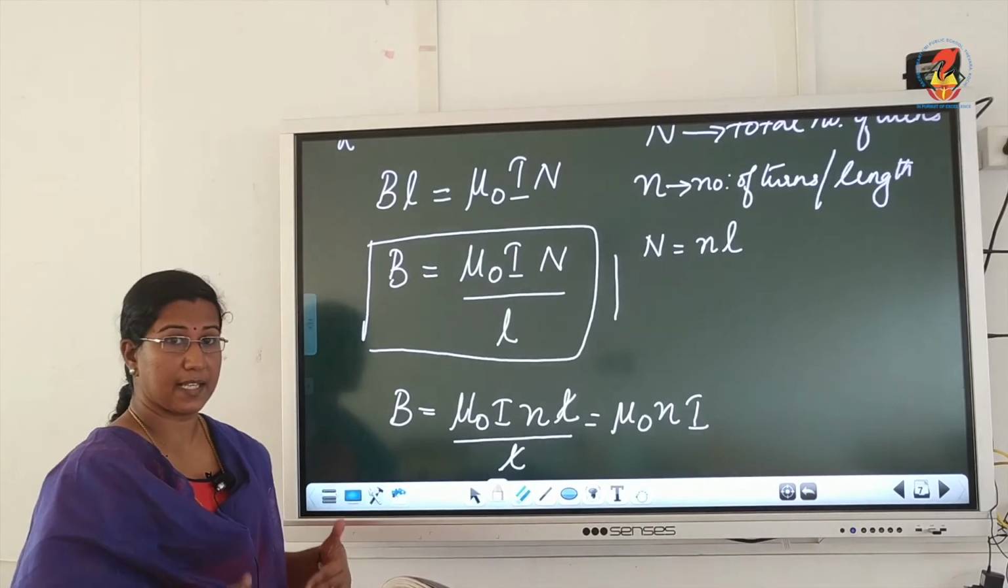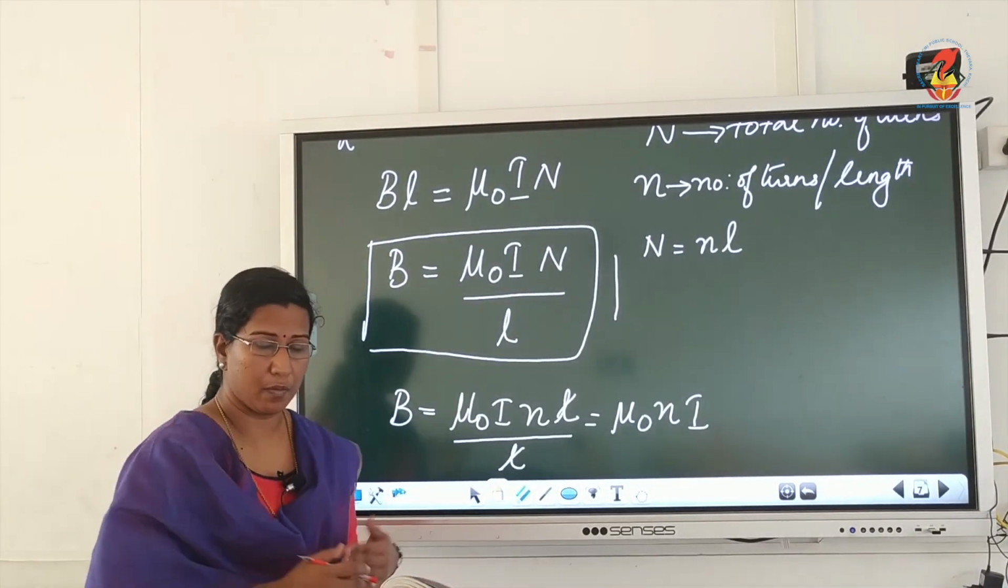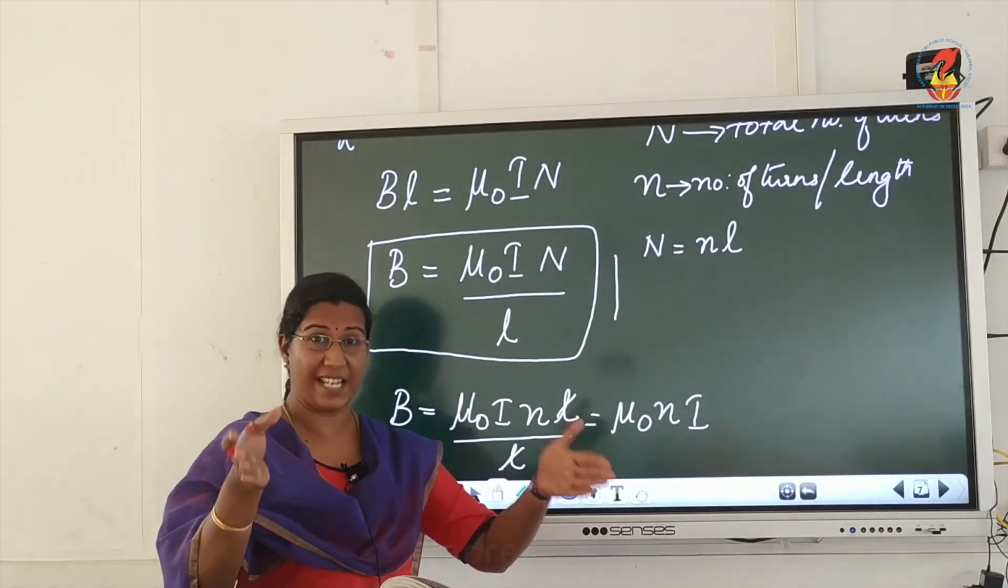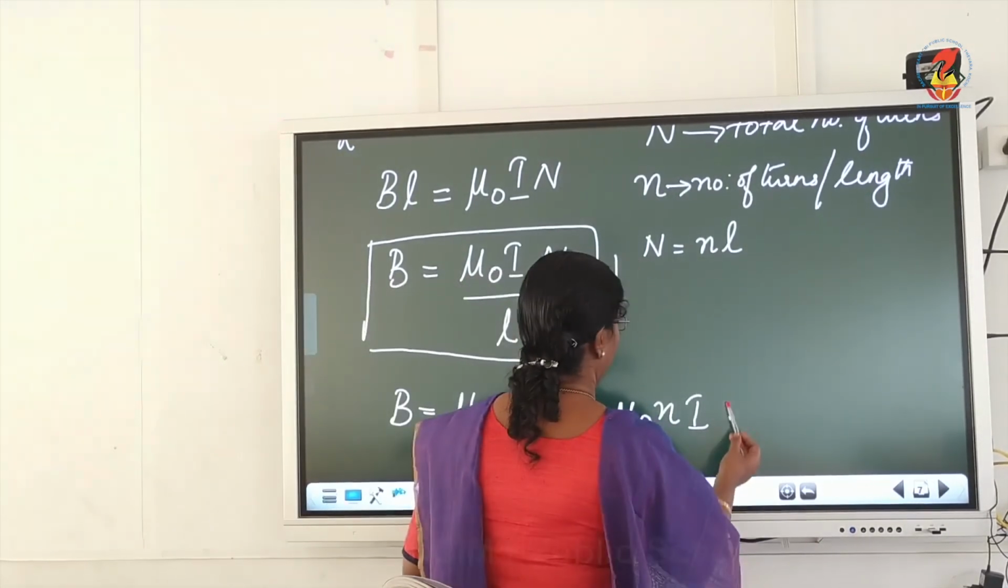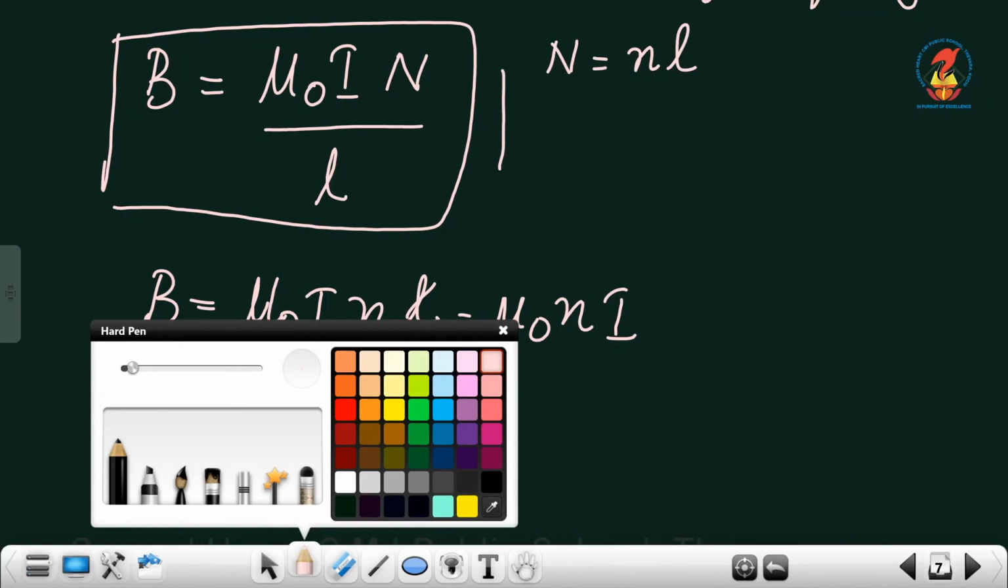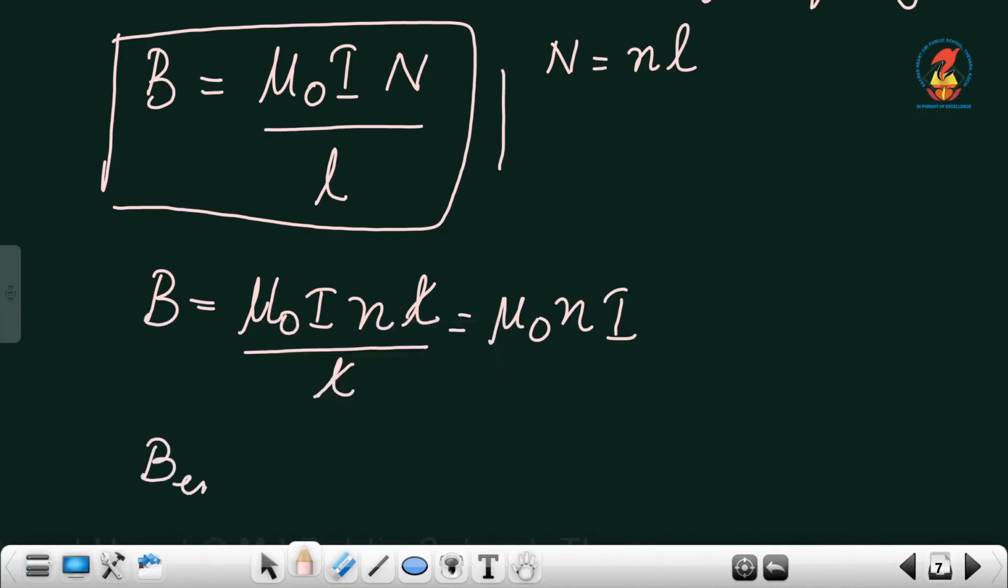Now experimentally it has also been proved that if you want to find out the field at the end of the solenoid, at the end point, the value of the magnetic field will be equal to mu 0 N I divided by